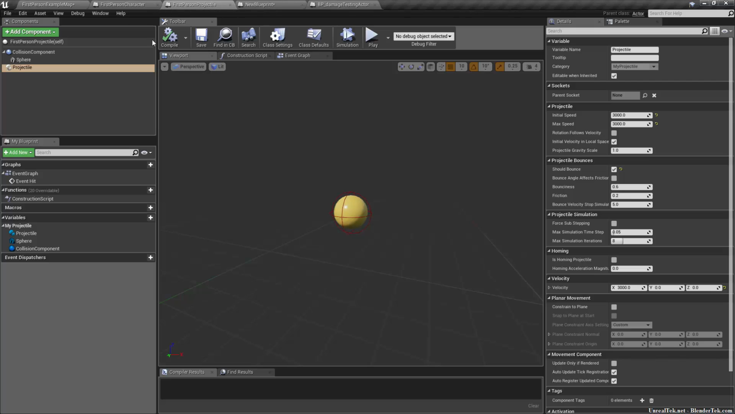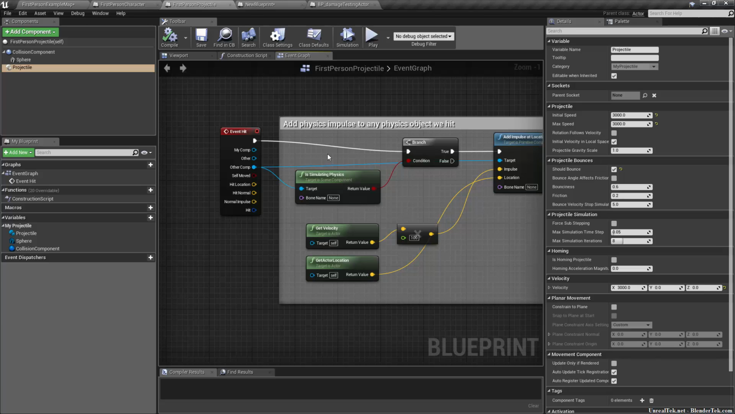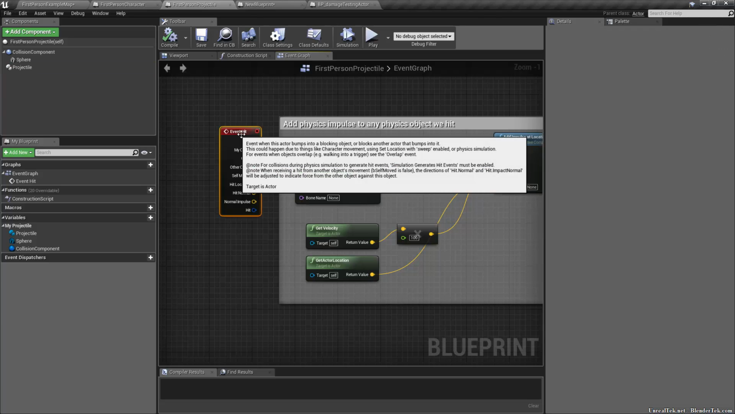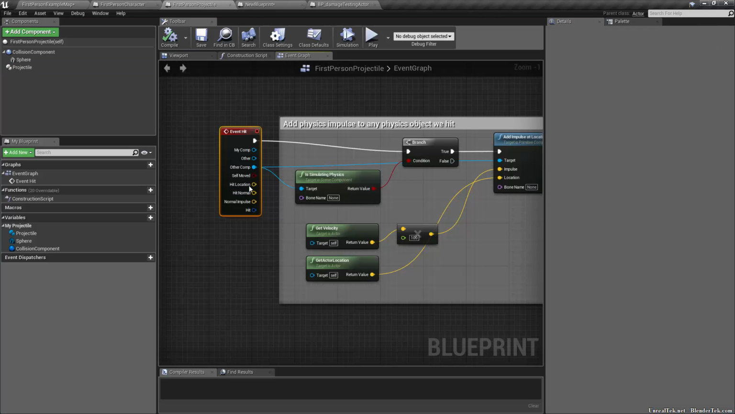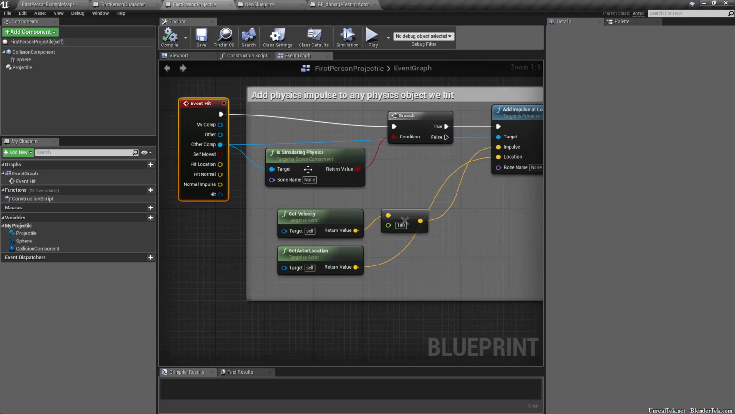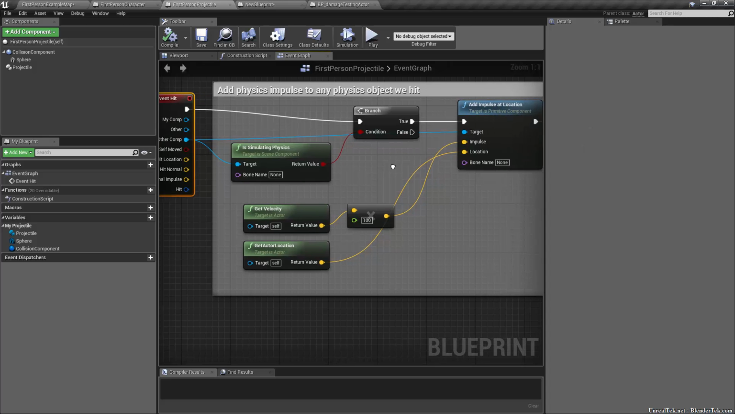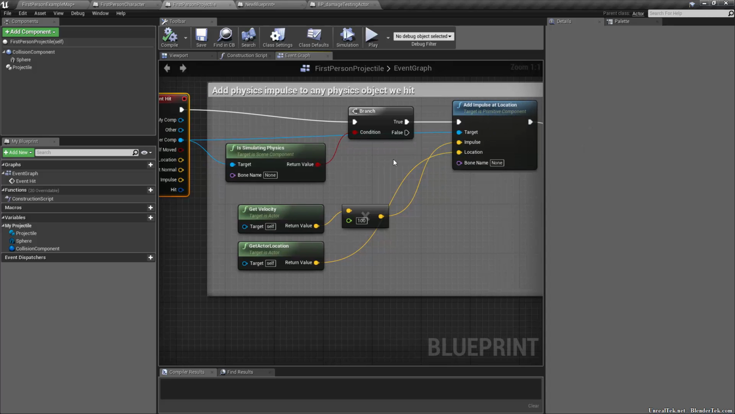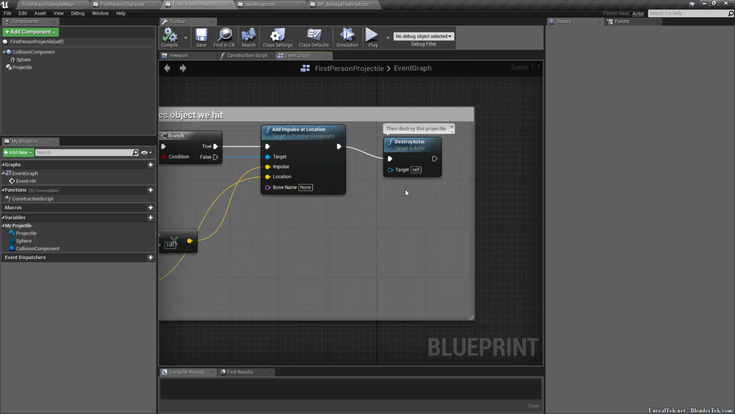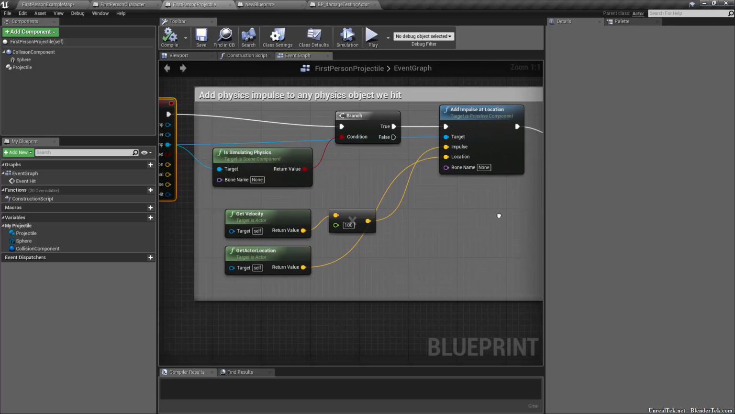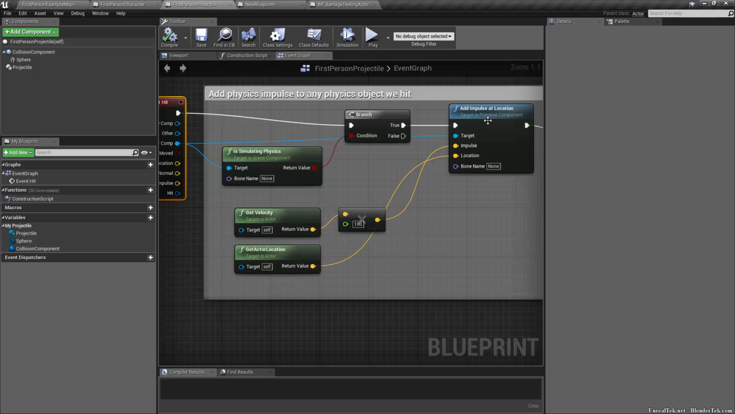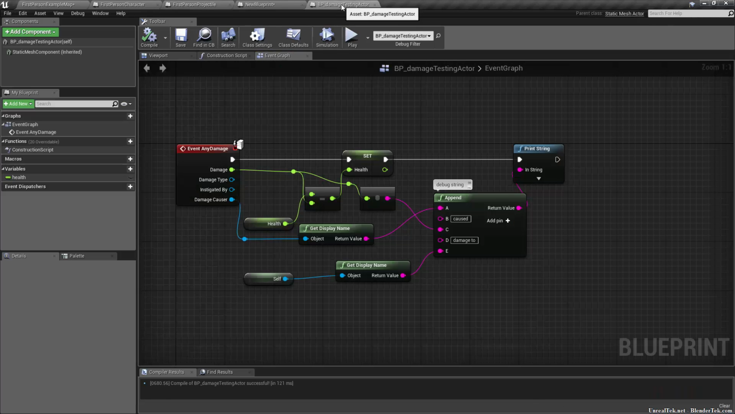Well, let's look at our first person projectile in the event graph. So on event hit, so when our little ball hits something, this is what happens. It checks if the other thing it hits is simulating physics. If it isn't, we do nothing. If it is, we add impulse and then destroy the projectile. So adding impulse, that's basically adding force. So that's why it moves around. And we are simulating physics, so that's why it is